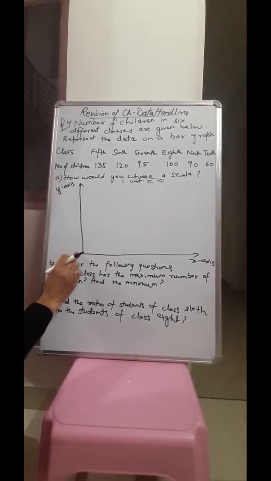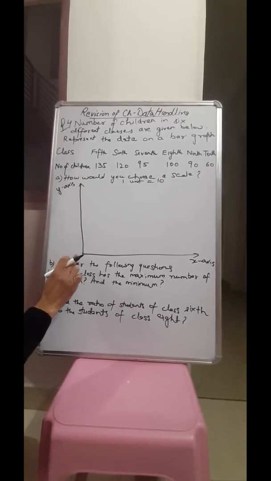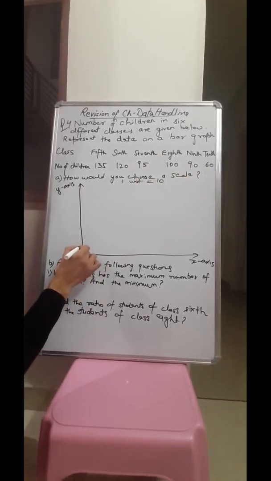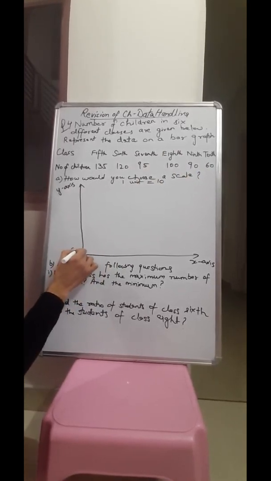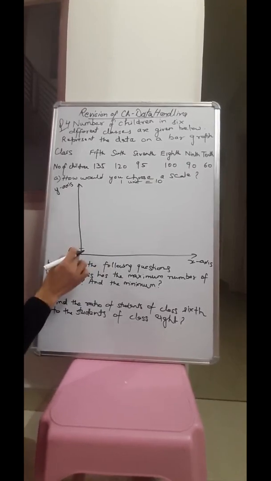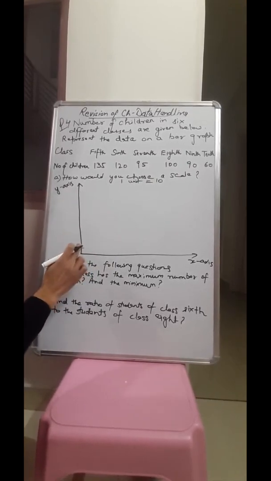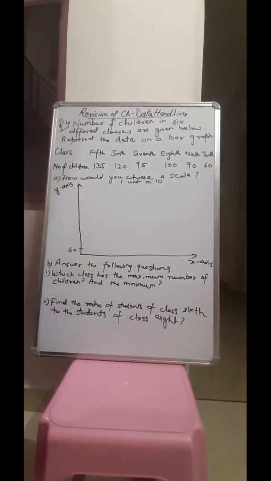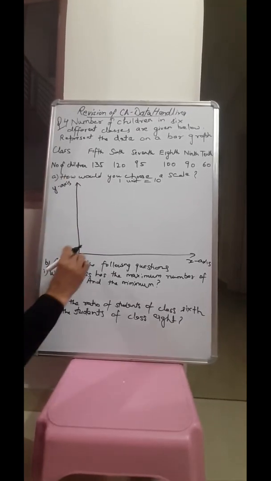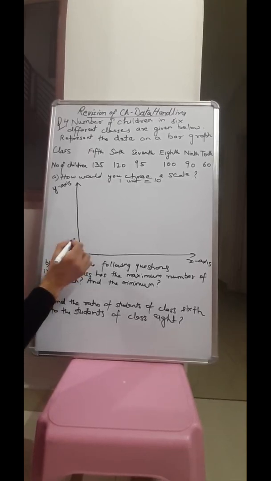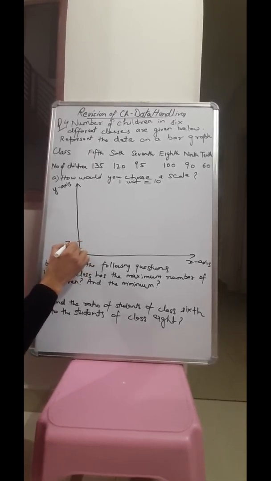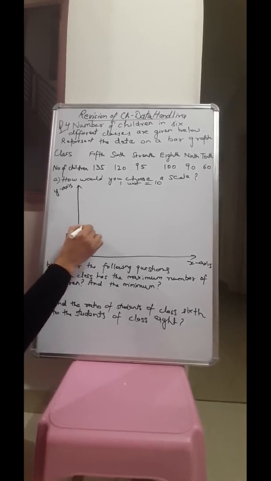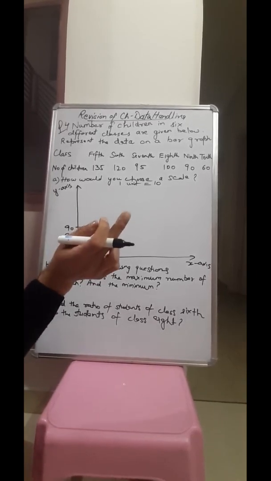The smallest observation that you are going to take here is the smallest number, that is 60. While marking the units on this y-axis, the gap between each observation has to be of the same box size, starting from 60. After 60 you can take 70, after 70 you can take 80, after 80 you can take 90, and how much do we have to go up to?